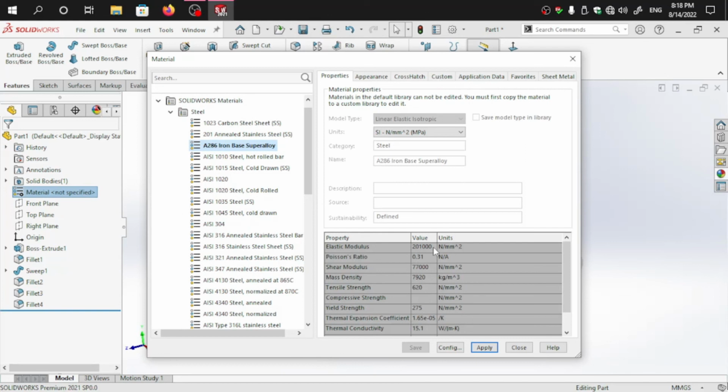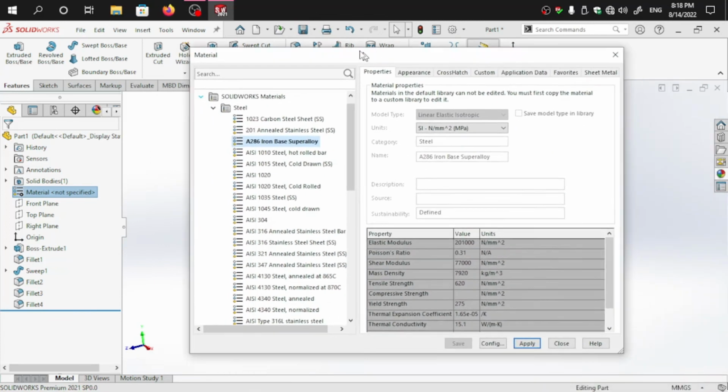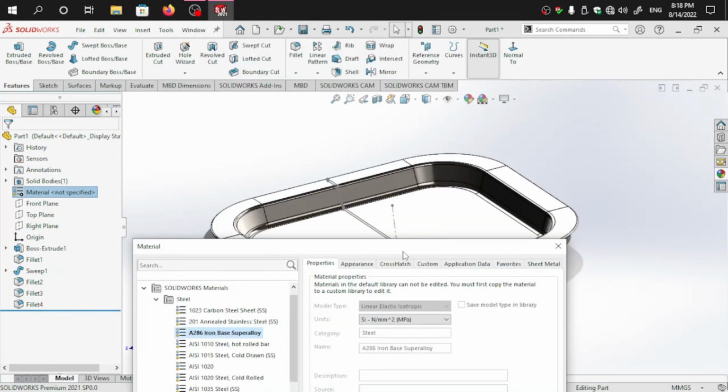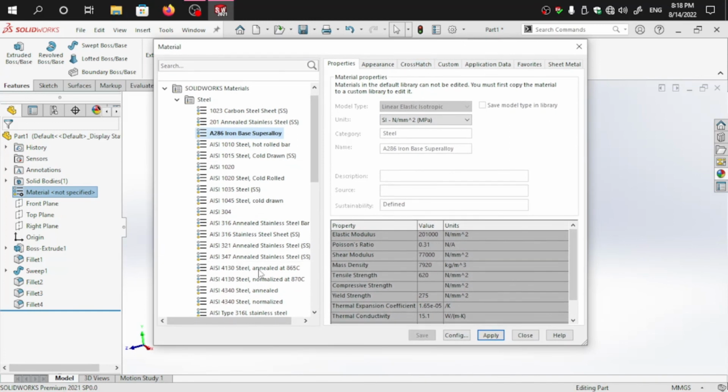If you have a mechanical background, you should know this type of mechanical properties, and if you do some analysis of this material, of this part, we should give it a material from this section, not this section. This section will be created according to our material. So if you click stainless annealed and click apply and click OK,